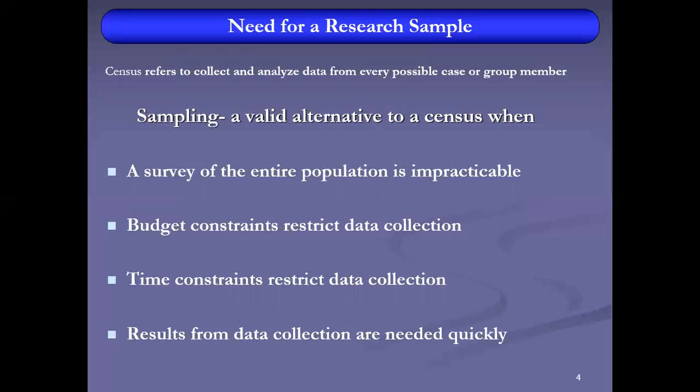Time constraints restrict data collection. If your organization or university gives you 3 or 6 months for a research project, then due to lack of time, you can't reach every student or participant, so you need to select a sample. Results from data collection are also needed quickly. So these are the reasons why we need to select a sample.